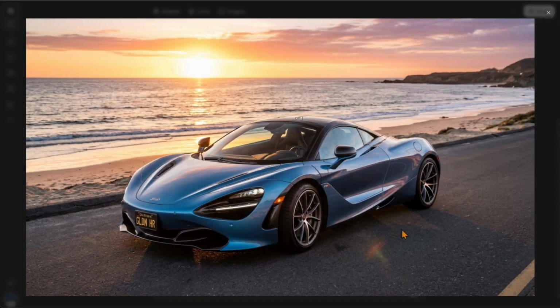So this is what I got, and that is very Nano Banana 2-esque. That's a nice image, a blue sports car in front of the beach, sunset in the background. That's what I asked for. Again, I might not want this specific sports car. I might not want a California plate. I might not want whatever. So I can do a follow-up prompt and change those things. But